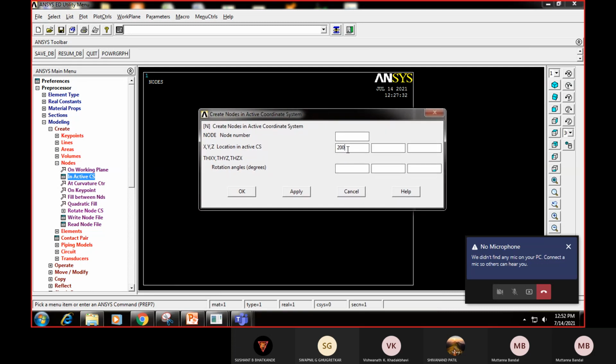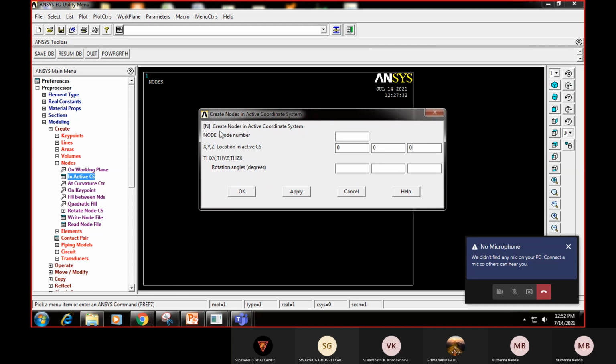This refers to the x, y, z location in the active coordinate system. If I don't give anything here, it will be assumed as 0, or I will feed it now: x equal to 0, y equal to 0, z equal to 0.